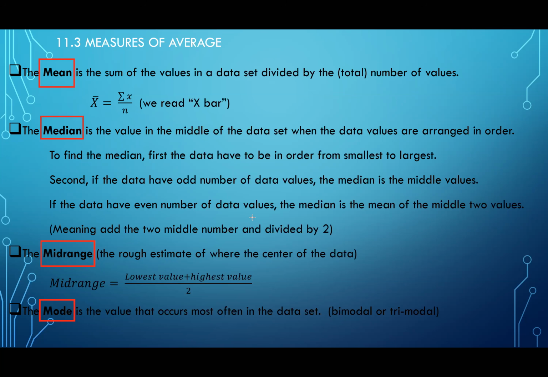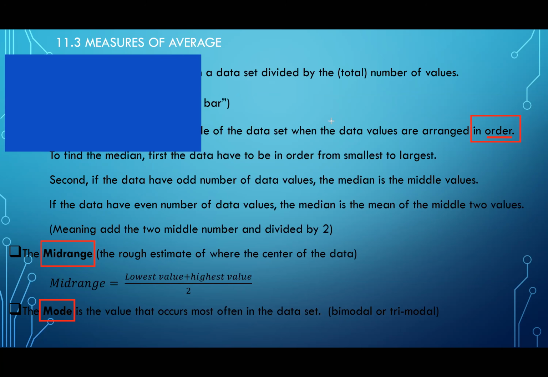To find a median, this is what you need to do, and the most important thing for the median, ladies and gentlemen. The most important thing for your median is your data have to be in order. It will be either from the smallest to the largest, or from the largest to the smallest. But regardless of what you do, your data must be in order. So once your data is in order,